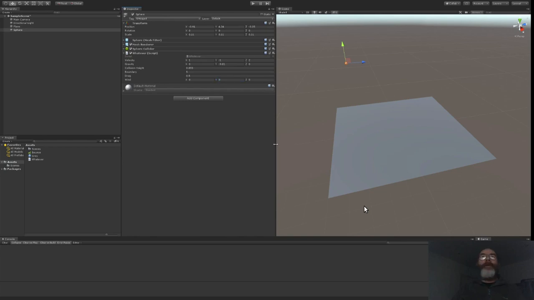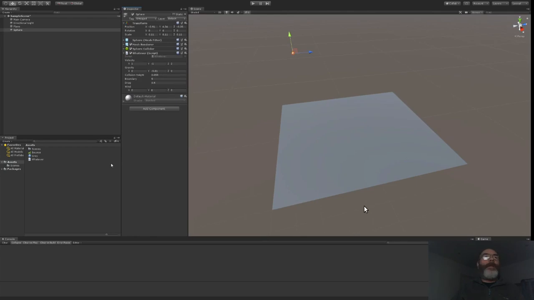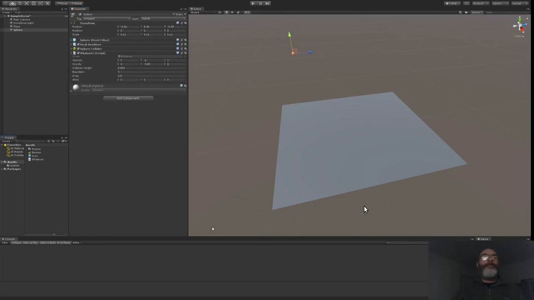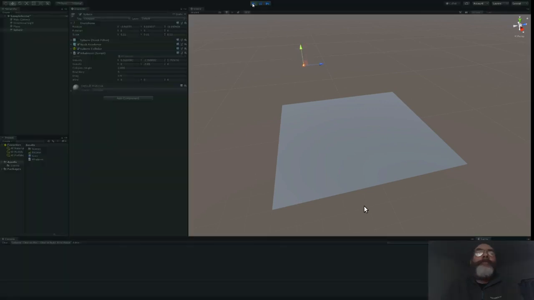Just hit play again. We have ourselves a nice bouncing ball, and I showed